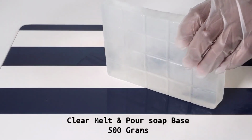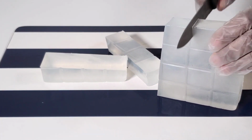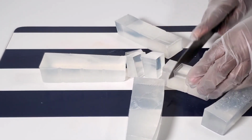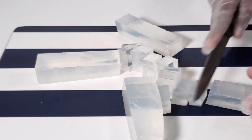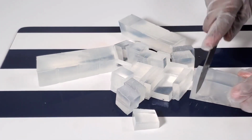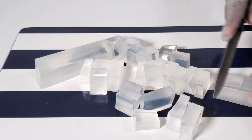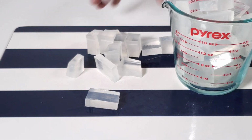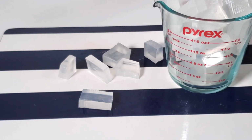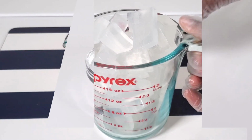And I'll be using a soap base, and I'm using clear melt and pour soap base. You can use any melt and pour soap base of your choice. Apple cider vinegar can help balance your skin pH, also exfoliate your skin and reduce hyperpigmentation. Those who have acne skin can use it to clear their skin. So it's very good. The same as the goat milk powder contains lactic acid, which is very good for exfoliation